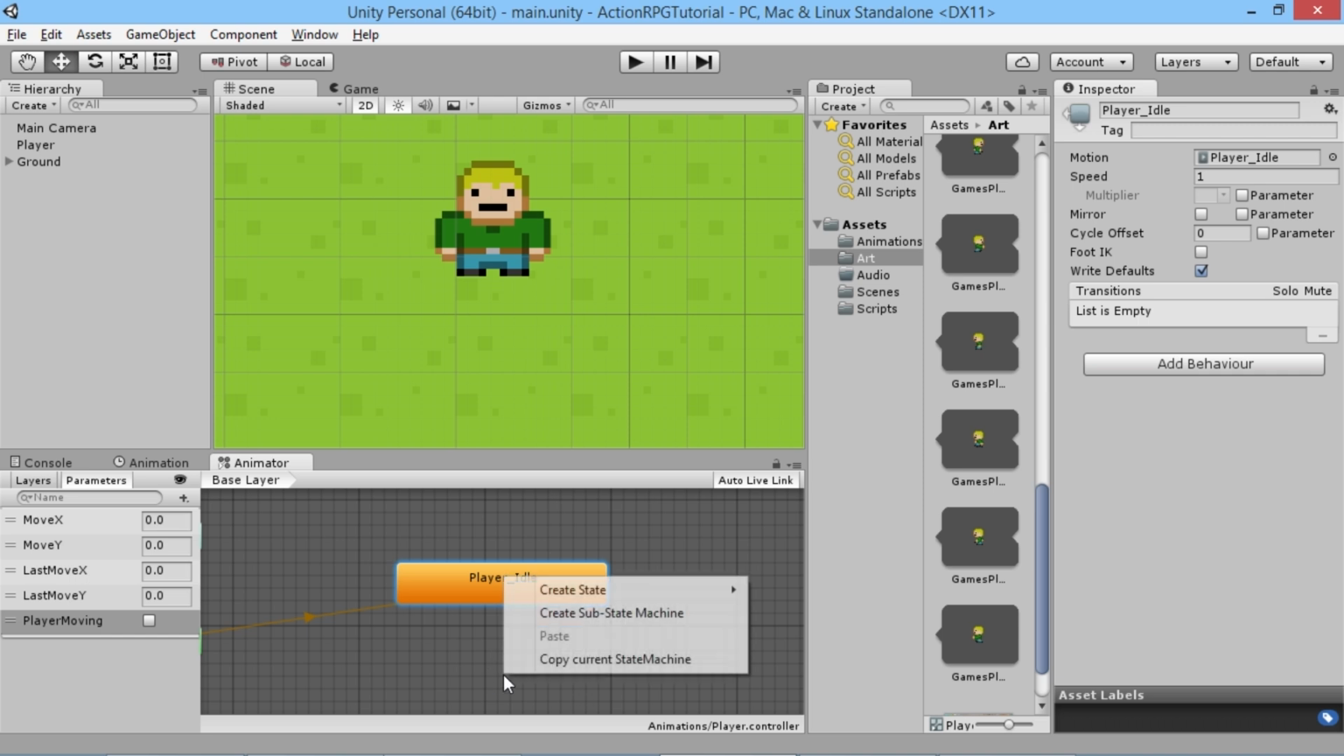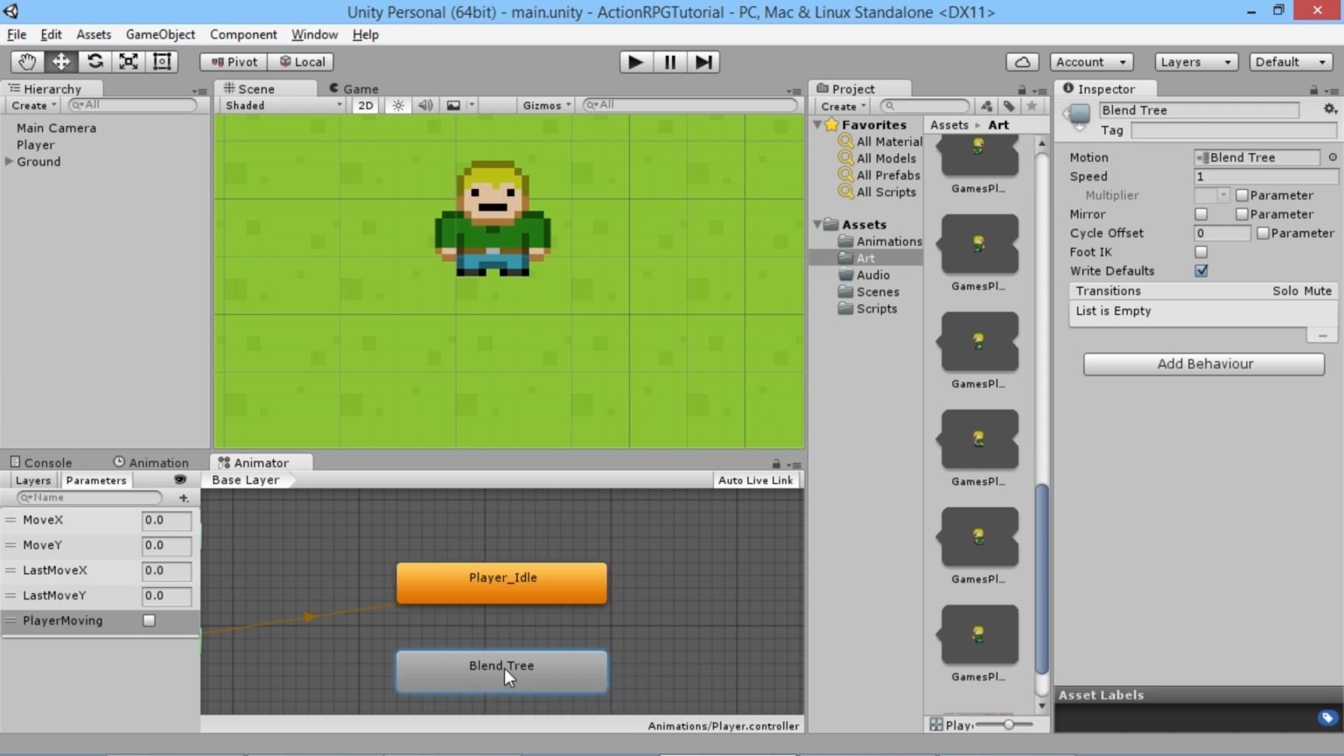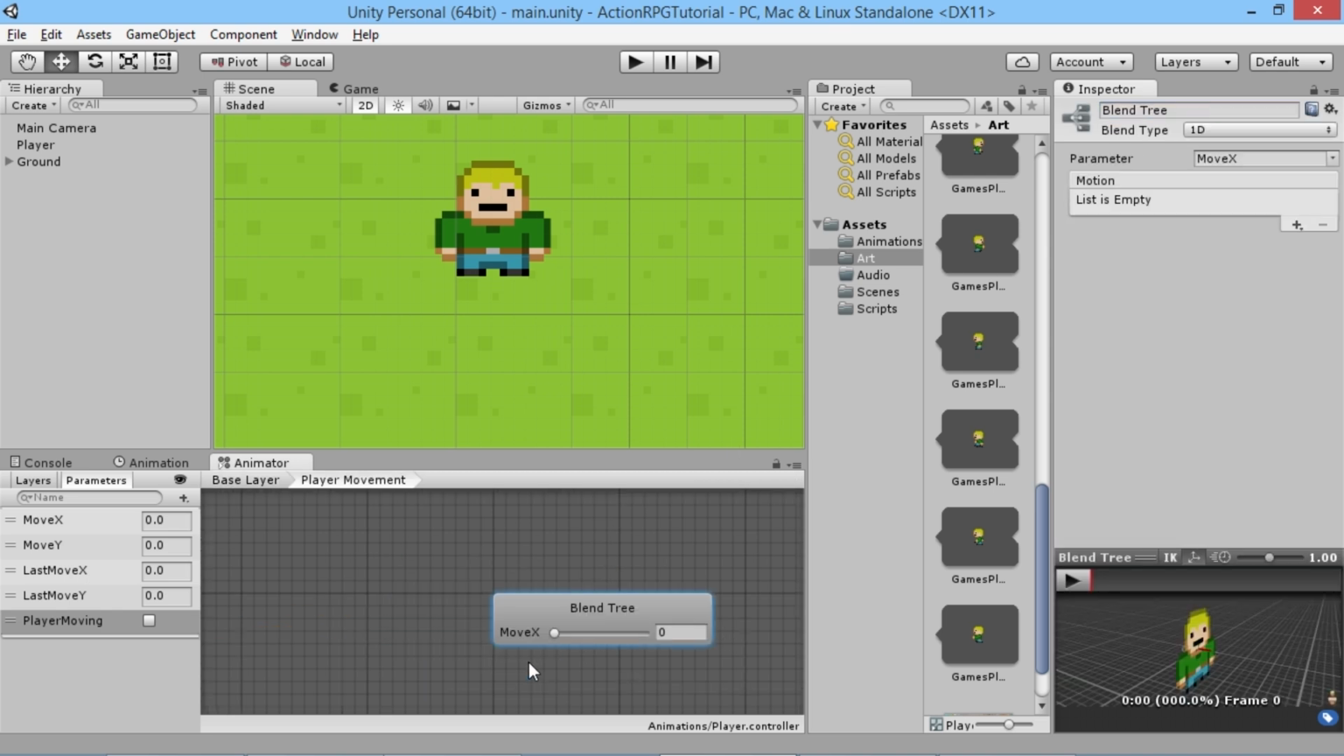to handle our animations. So what we're going to do is, if you right click and go to create state and we're going to say from new blend tree. So it creates it in here as the blend tree, and we're going to go up here to rename it, and we'll just call it player movement, and then we're going to double click on that into here. Okay, so now we've got a blend tree,